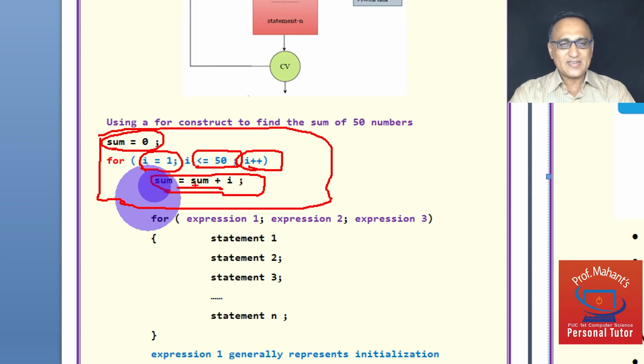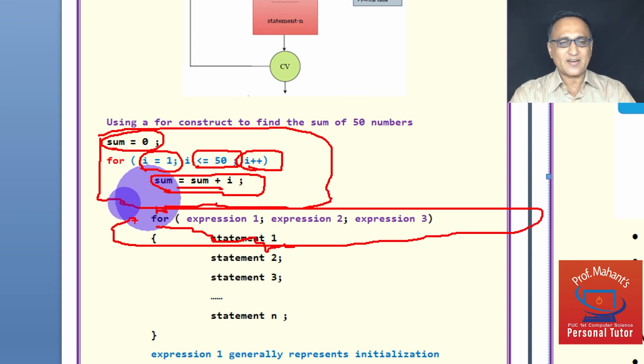Then I increase sum, it is 1 plus 2. Sum is 3. Then I from 2 becomes 3. Again I check the condition. Again I come here. So this is the way in which a for loop really tends to execute. Just in case you want to take a look, this statement here should give you an idea about how the